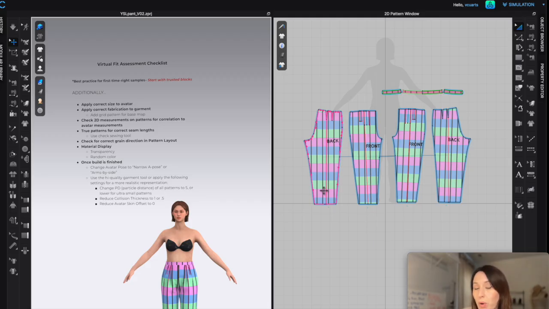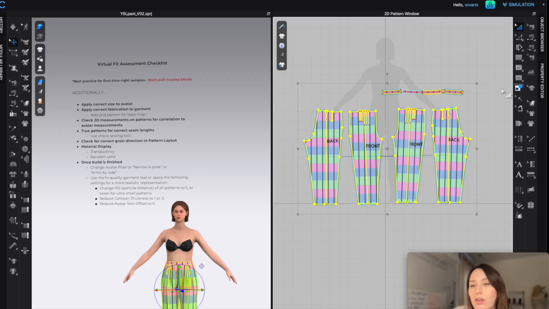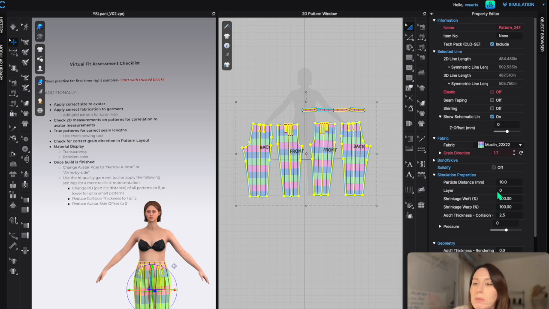Therefore, draping more realistically, folding more realistically, laying, all that stuff. So higher quality particle distance equals lower number. We're going to take everything down to a 5. And you do that by selecting the patterns. This is pattern specific. Your particle distance is pattern specific. And right now I have 10 on here. This is not the default particle distance. 20 is your default particle distance. And I'm going to take it all the way down to 5 because that's a pretty decent quality for rendering